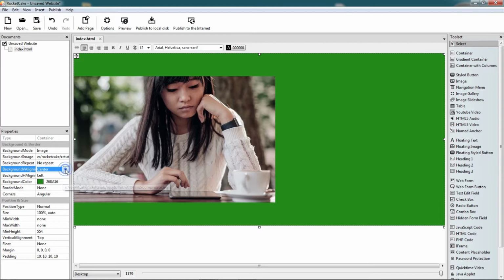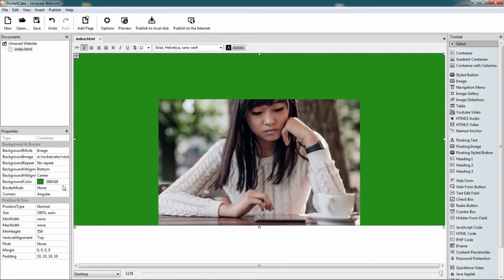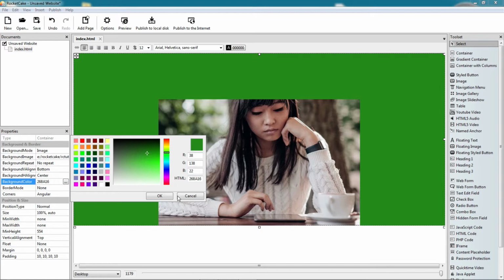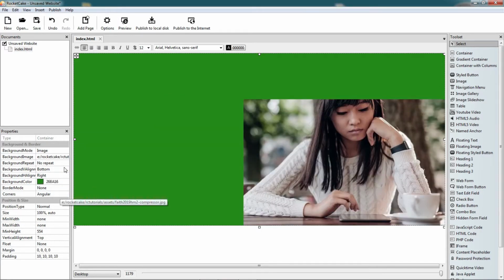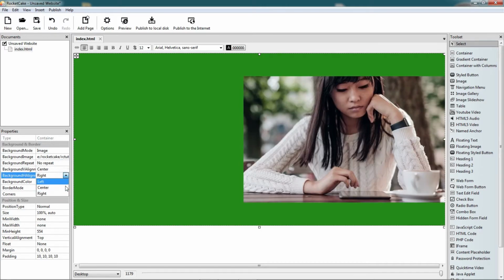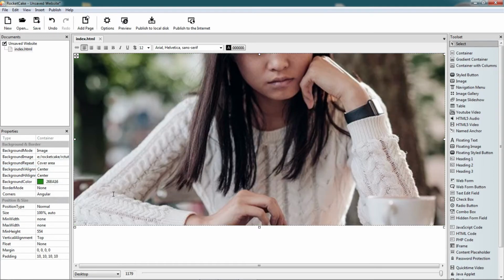And we can choose the alignment. Vertical alignment can be top, center, and bottom. Horizontal alignment can be left, center, and right. You can choose center, center. Usually I like it when it covers the area, and still